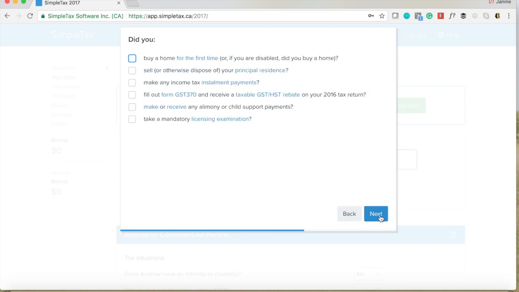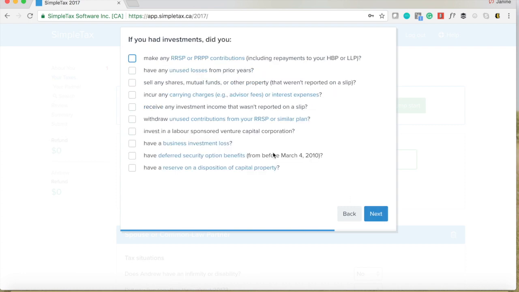Did you buy a home, sell your principal residence, make income tax installments? I'm not going to click any of these because they are not applicable to me, but again, if they are applicable to you, feel free to click them and SimpleTax will guide you through. In this case, I'm going to click off RSP because I did make RSP contributions in the year,